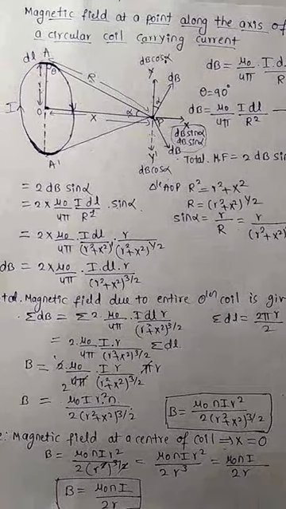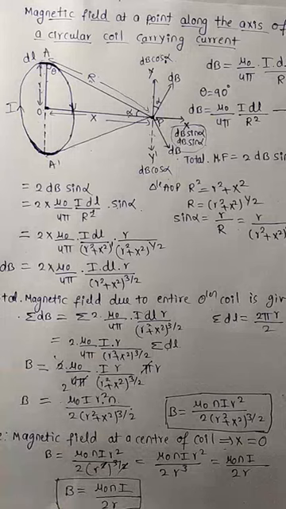We are finding the magnetic field at a circular coil carrying the current. So let I be the current flowing in the circular coil, and P be the point where we are finding the magnetic field, and O is the center of the circular coil. Let x be the distance of the point P from the center of the circular coil, and small r is the radius of the circular coil, and capital R be the distance of the point P from the current element A, whose length is equal to dl. So these are the points we want.